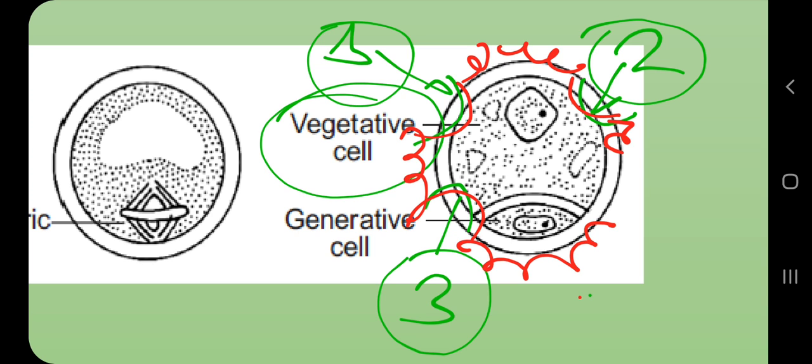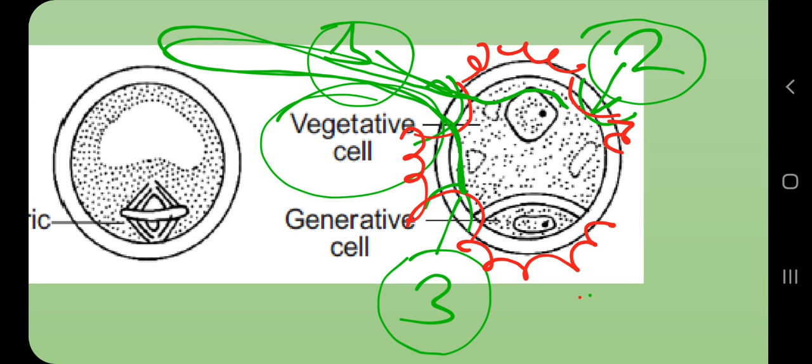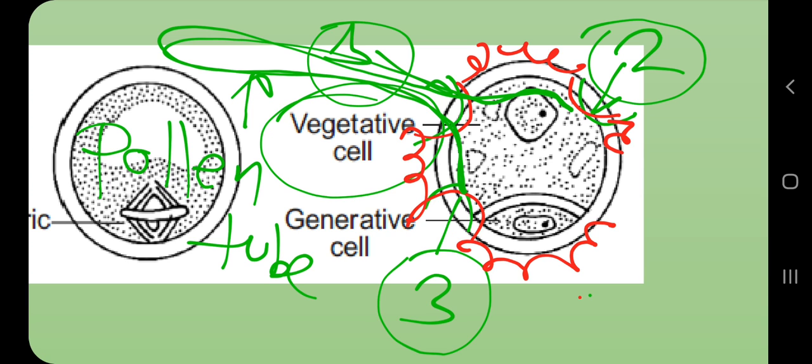So here the holes or germ pores, 3 in the case of dicots and 1 in the case of monocots, will have no protective layer of sporopollenin, and that is why when the tube cell or vegetative cell gets nutrition, it will come out like this. This coming out of the tube cell is called the pollen tube, and it will contain the